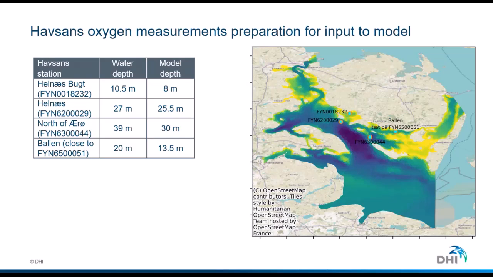In this case, 4 Havsands stations have been measuring data, but only 2 of them we decided were useful for the model, because they were located at a place which has a good resolution in the model, whereas the 2 other stations are located in areas where the model resolution is not high enough for having any benefits of data assimilation.